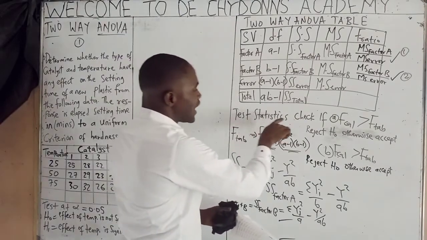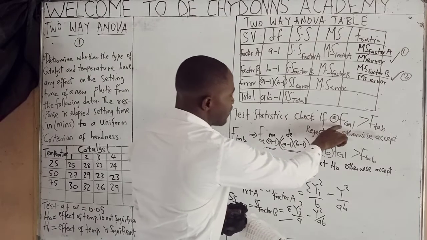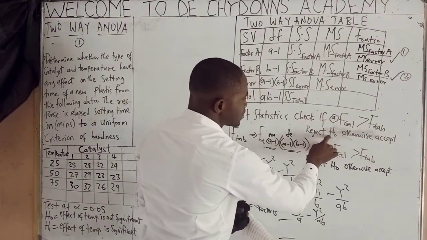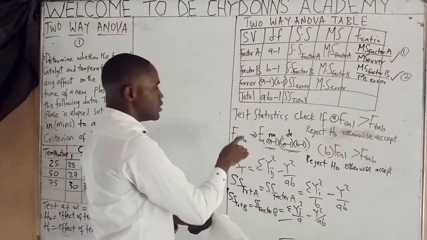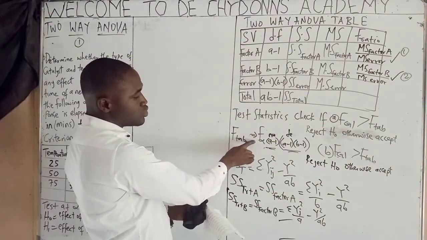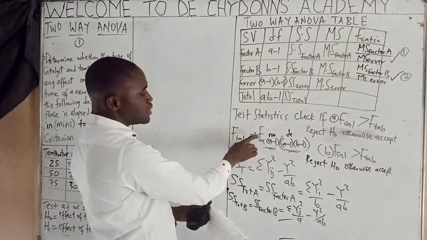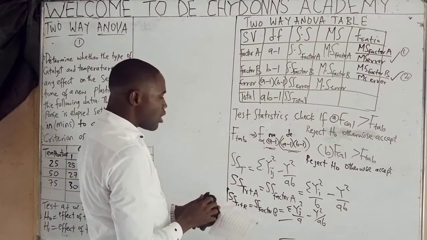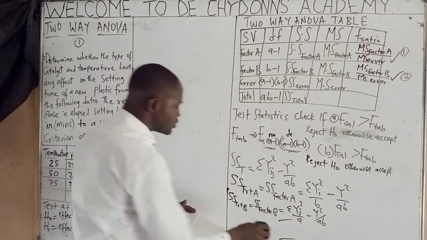Now, on your test statistics, check if F cal is greater than F tab. Reject the null hypothesis, otherwise accept. This is the formula you have to use to get the F table value for the first one. Then for the second one, the formula you have to use is,